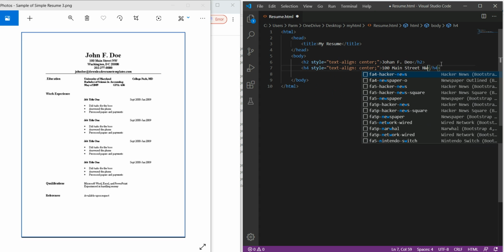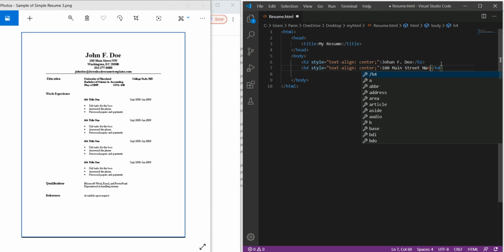NW. Now there is a line break after this, so for making a line break we have to use the BR element.